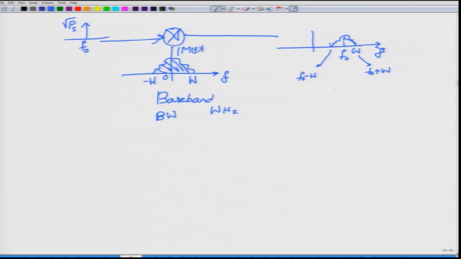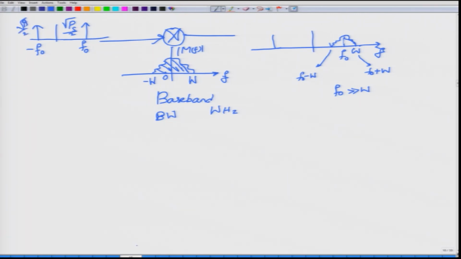I am of course assuming that f0 is much larger than W, okay, and this signal which I have shown has only positive frequency components, and therefore, of course, is complex, and is not really going to be there in our actual signals, because in actual systems you will not have e power j omega 0 t, but you will have cos omega 0 t or cos 2 pi f naught t that would be multiplying. So, therefore, the spectrum of the carrier would have 2 impulses, the amplitude of course will reduce by half.